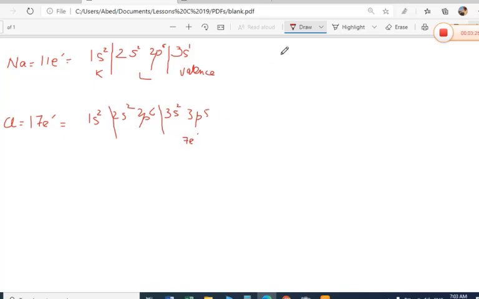So if we write the Lewis dot symbol, I will tell you now. For the sodium, to show this valence electron we put 1 dot here. So this is called Lewis dot symbol. And to show the valence electrons of the chlorine, we write the symbol of chlorine and draw 7 dots around the chlorine atom. So these are called valence electrons, 7 dots around the chlorine. So it will show you the Lewis symbol.